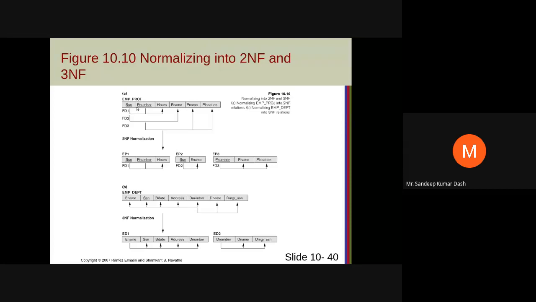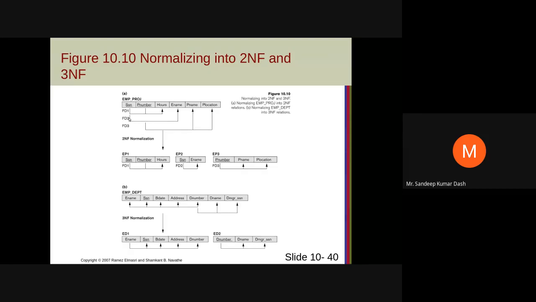In this case, these two were combined in the primary key. I decomposed this into 3 different tables in order to attain 2NF, because this was not in 2NF. FD2 and FD3 were violating the norms of 2NF because they are partial functional dependencies. So you remove those attributes onto separate tables.